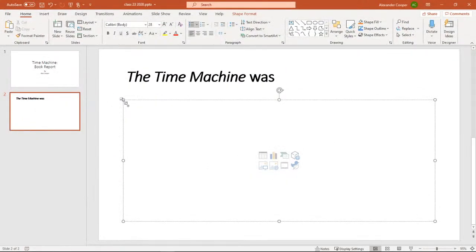Now it already has a bullet point set up. So with the title and content slide, it already is ready that you're going to be doing bullet point stuff. Now if you don't want to do that, go up here and click undo the bullet point, or if you want to do numbers, you click numbers instead, and we're going to talk about that in just a minute too.